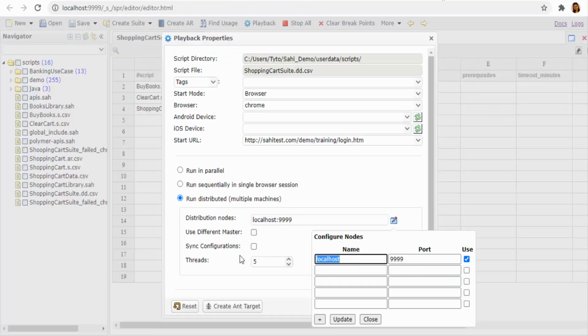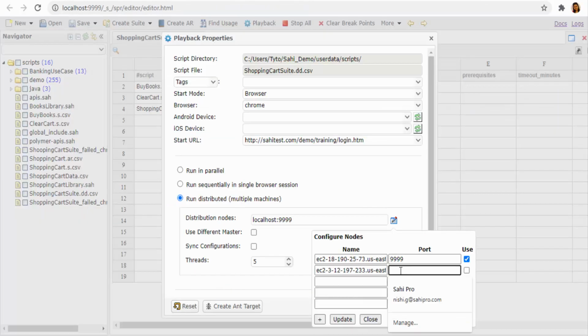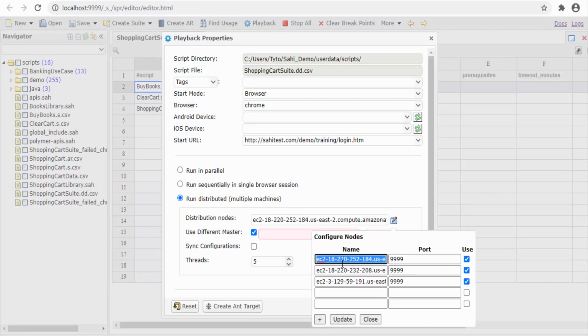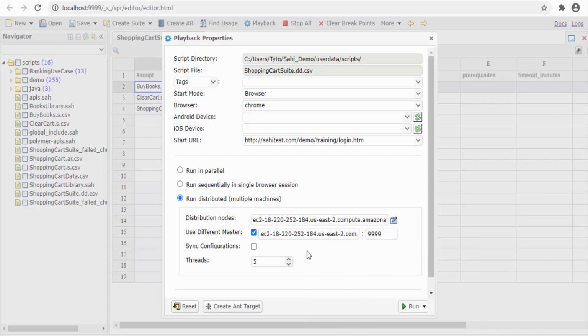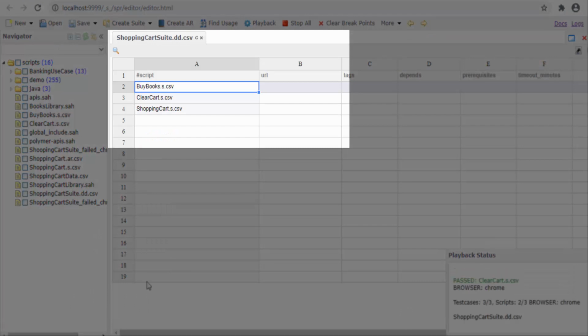Here, you can add the public DNS IPs of the AWS master and node instances that you just created. Select this option here. Here we can provide the public DNS of our AWS Cloud Master instance and use it for our run. You can specify the thread number here to run scripts in parallel. And click Run. The scripts that are part of the test suite will now run on these AWS instances.